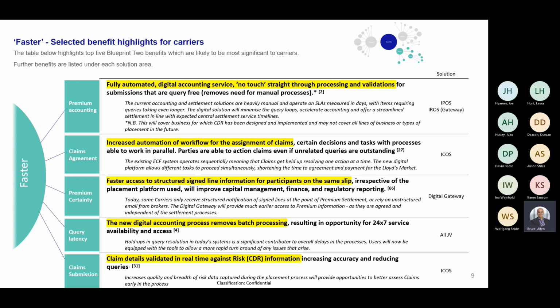Then again, we look at automated matching in the claim space. We've touched on this previously, but at the moment there is a manual check when FNOL comes in to make sure that it matches the coverage on the policy. Having the CDR in place means that that can be automated. So if we move to eFNOL, there can be auto checks against the CDR for, has the premium been paid? Is it in the right jurisdiction, etc.? Those checks can be automated. So that means the adjudication process starts faster, and again leads ultimately into a faster claim settlement process,